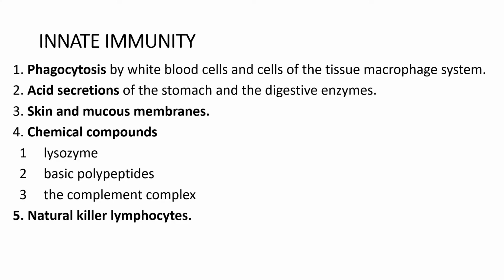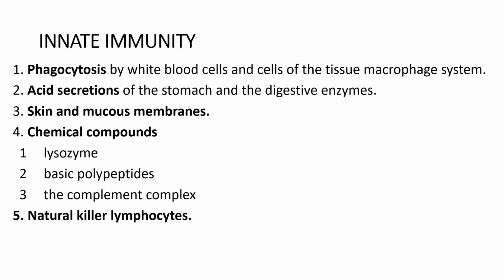Now the innate immunity. Innate immunity is the inborn capacity of the body to resist pathogens. By chance, if the organism enters the body, innate immunity eliminates them before the development of any disease. It is otherwise called the natural or non-specific immunity. Innate immunity includes the following: